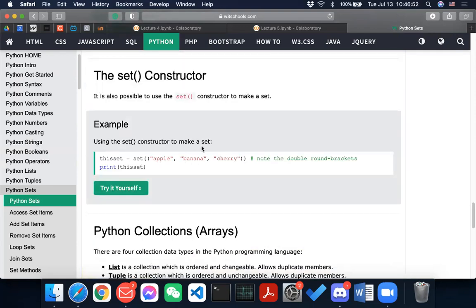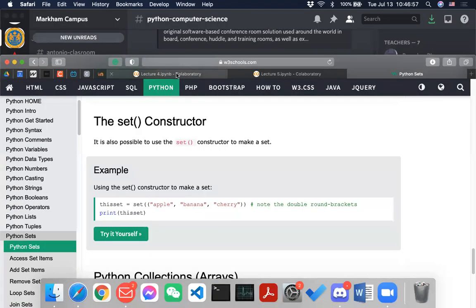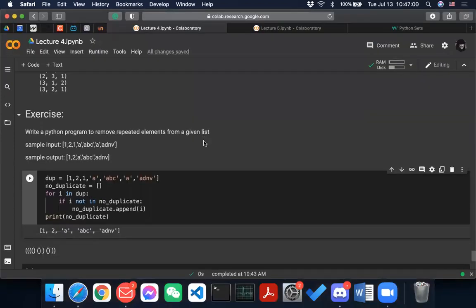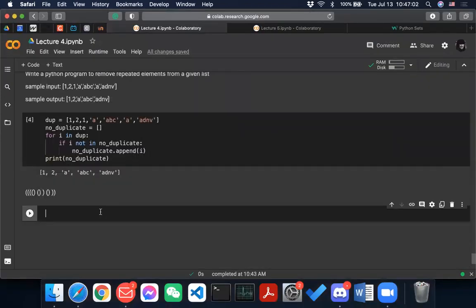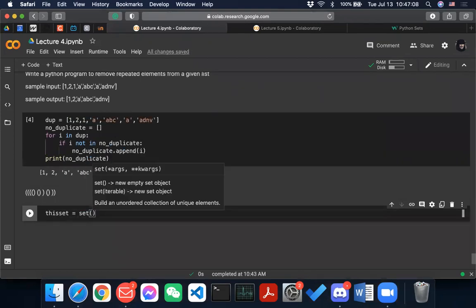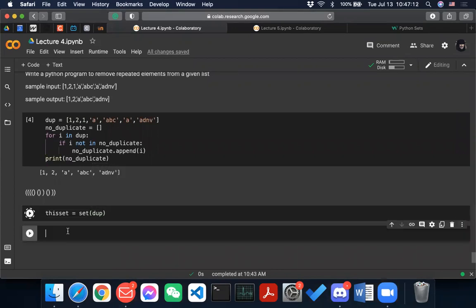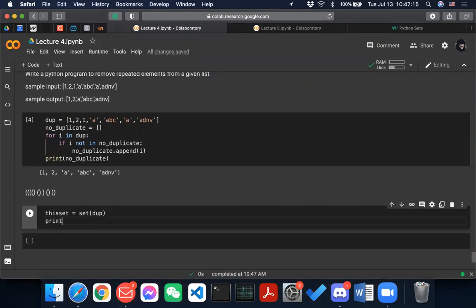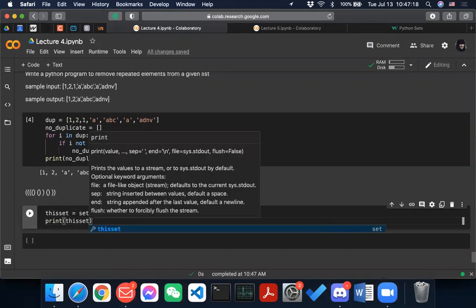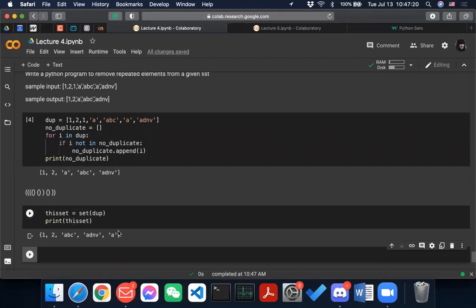What you can try to do here is, for example, set equal to set of dupe, and see how that goes, then print this set. Look at how amazing it is if you just use the set method.